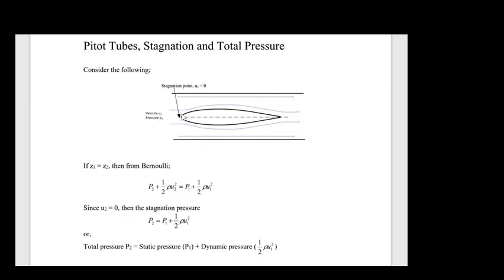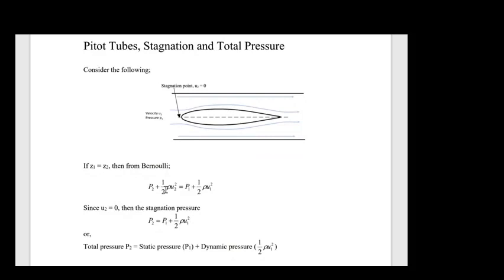At the front here, we've got something called the stagnation point, where our velocity is 0. And obviously, if our velocity is 0 there, our pressure must be a maximum, so at the front of the object. Then our velocity increases and flows around our airfoil. So if Z1 is equal to Z2, i.e. this is horizontal, we know from Bernoulli,